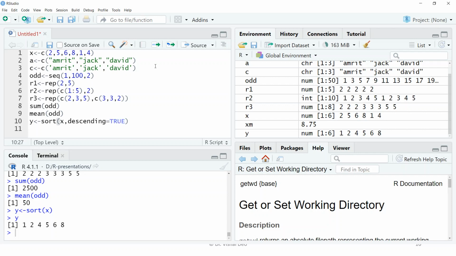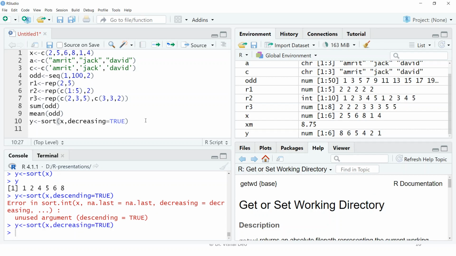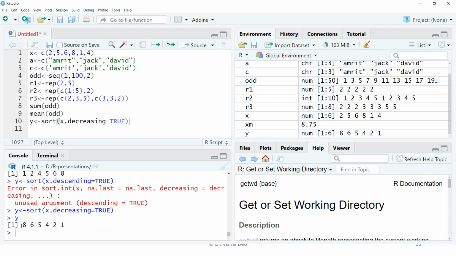Right? And let's see what happens if we execute it now. Oh, sorry. Decreasing, not descending. It says you have to use decreasing. Let's see. I run it. Now if I see y, the same elements are there, but now in descending order. Now the good thing is that we don't have to write decreasing every time. If you remember that the second argument is for whether decreasing is true or false, and by default it is false, then you can simply write the command as